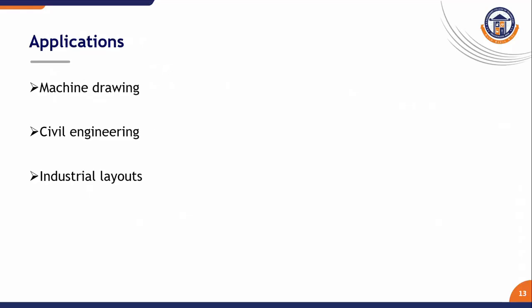Next, application of isometric projection. First one is machine drawing, that is conducted by the mechanical department or mechanical students. Next one is civil engineering drawings, that is conducted by civil engineering students, and industrial layout